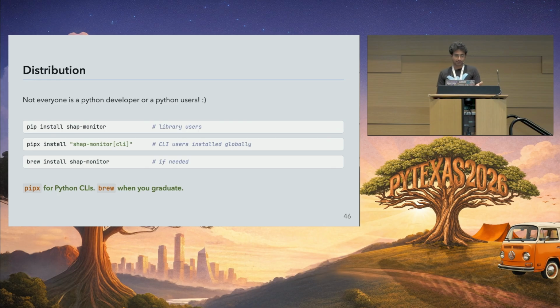I just added the CLI as an optional dependency, so if users don't want to use it, that's fine. But I mean, you could just do it as a total dependency as well, right? You can also upgrade to Brew if you really want to, but they have a strict process of getting tools into their ecosystem. So make sure that you have enough users to justify that. But I think for most use cases, pipx is great.